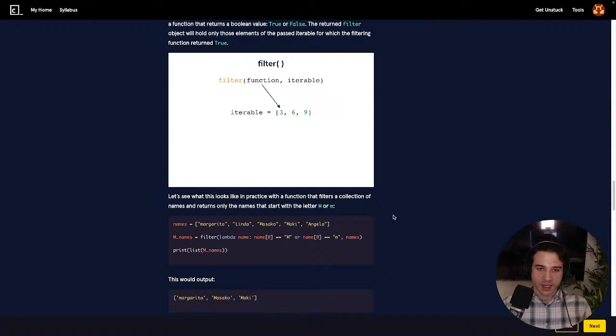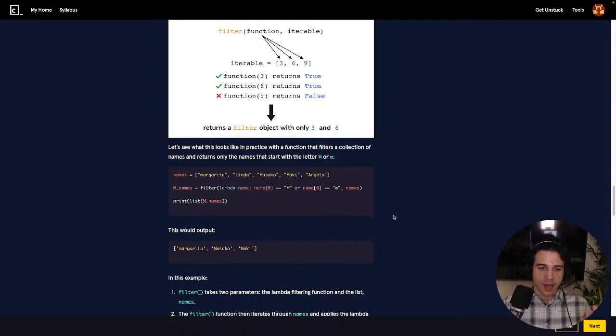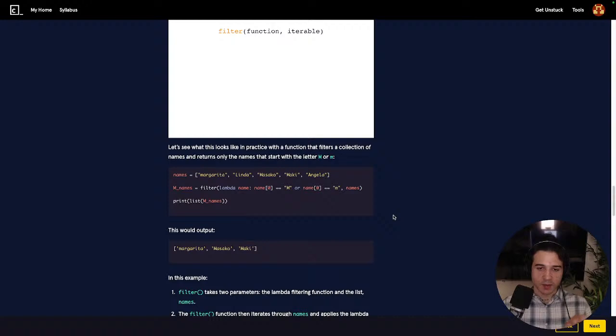Let's see what this looks like in practice with a function that filters a collection of names and returns only the names that start with the letter M or m. Names equals Margarita, Linda, Masako, Maki, Angela. M names equals filter, lambda name: name[0] is equal to M, or name[0] is equal to lowercase m, names,